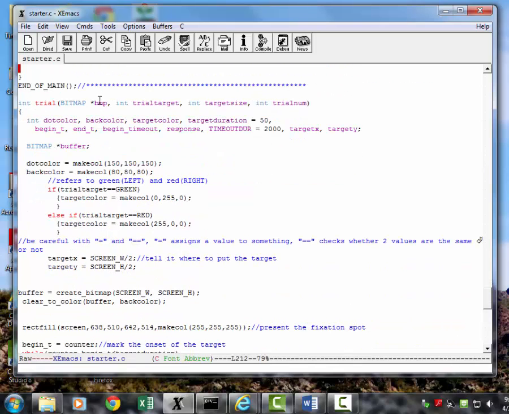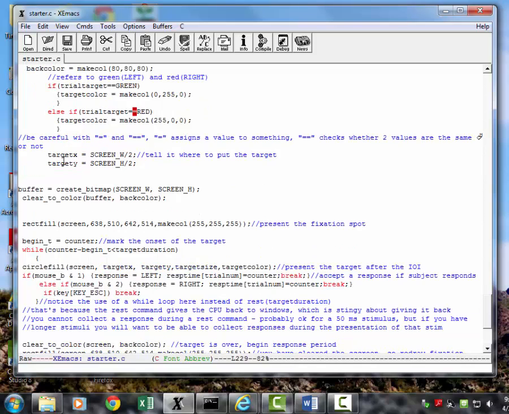All right, now we have the trial function. Again, variable declarations, a bitmap so we can draw stuff, which I don't actually think starter ever uses this buffer, but you want that little snippet of code because there are times when you need to draw to a buffer, or sometimes even 2 or 3 buffers in order to get your timing right, especially if you're drawing complex visual stimuli. We're going to define the color we want to make our dots, the color we want our background to be. We want our target color declared here, but we want it different depending on whether it's red or green, so we use an if-else statement. The location where we want our target presented,